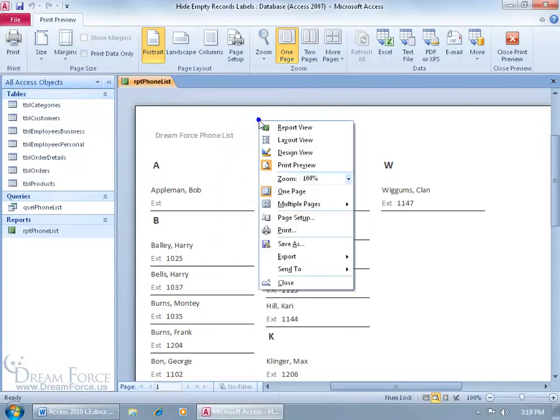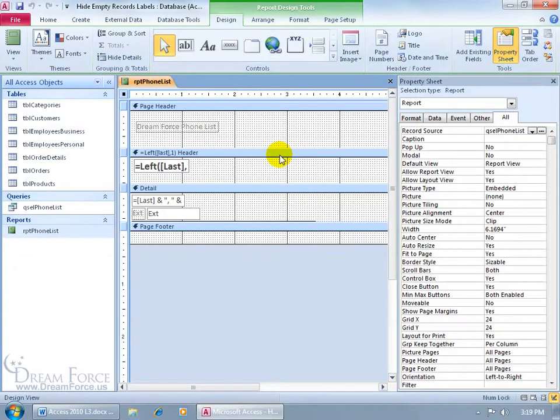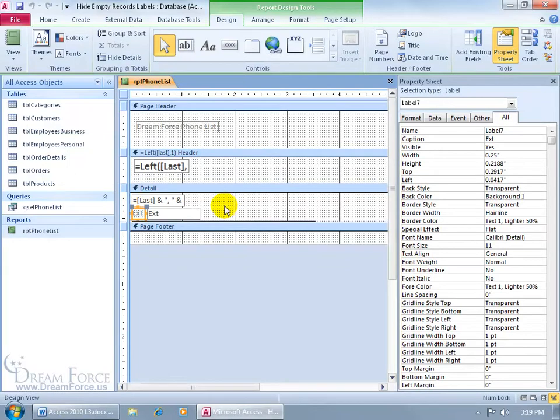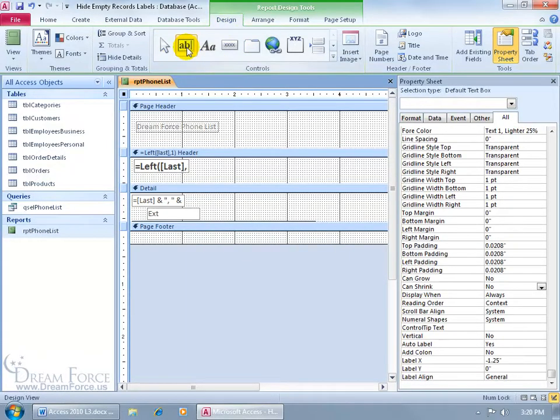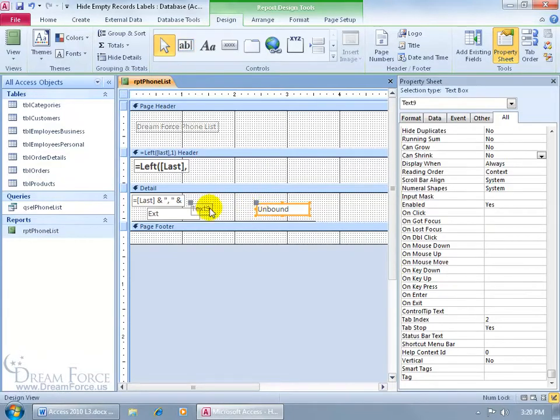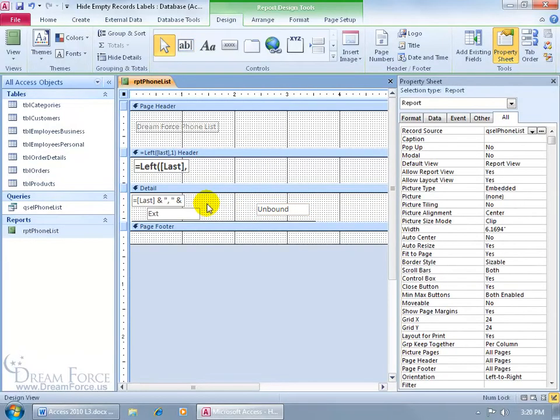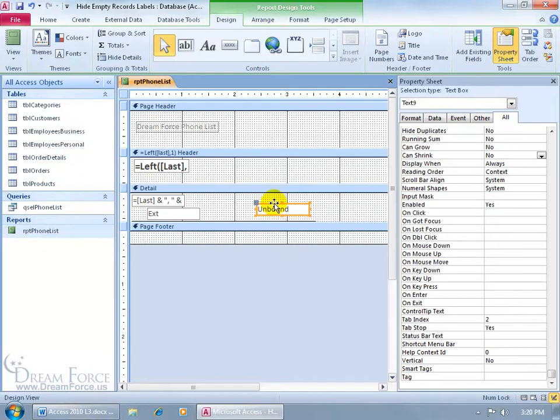To do that, let me right-click, go to the design view, and I want to delete the label for the extension. And you're like, well, why are you doing that? What I want to do is come up here on the Design tab to the Controls group, click on it, and bring down the unbound text box. I don't want its corresponding label, so I'll delete that, because in this unbound text box I'm going to add